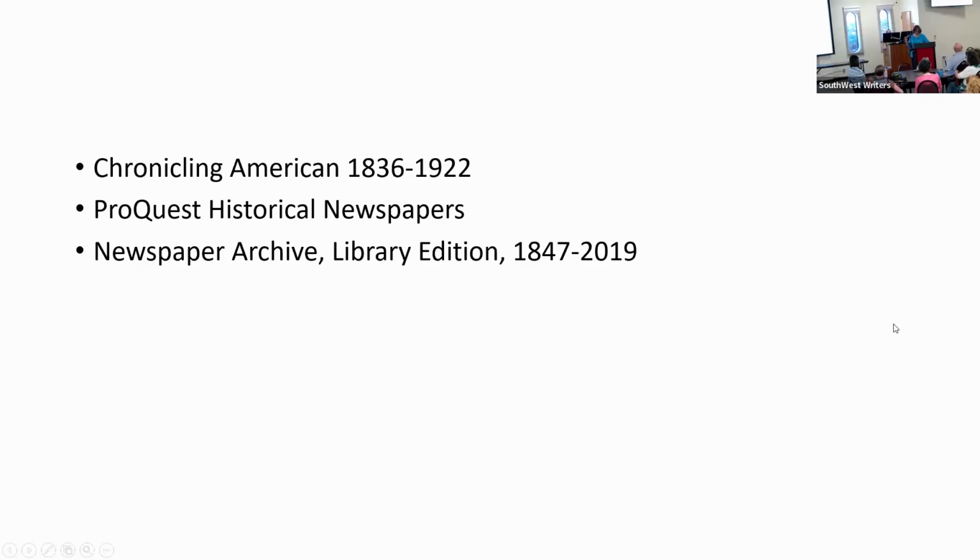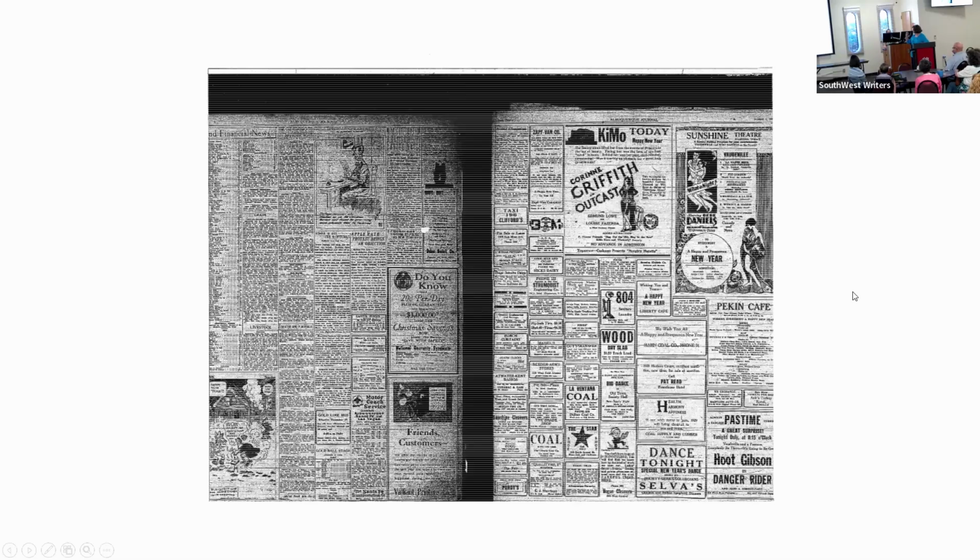All right. So getting back to those advertisements. These are microfilm. This is the other thing. These have not been digitized yet. I had to go to the library and use the microfilm. And I picked January 1st, 1929, because I didn't know how long I'd have to look before I found what I wanted. So I'll start with the first day of the year. My interest for this one was what was playing at the Chemo. Well, there it is.